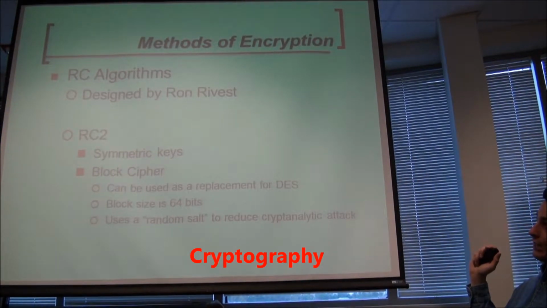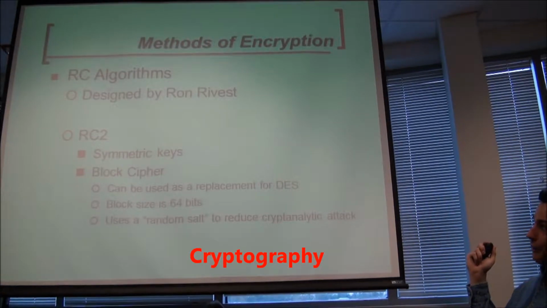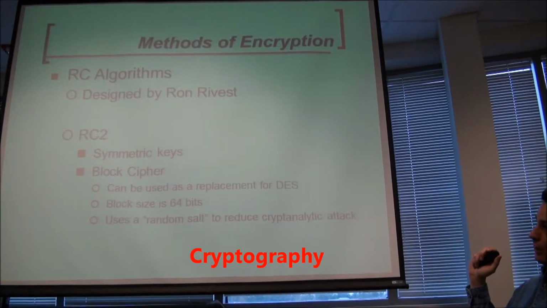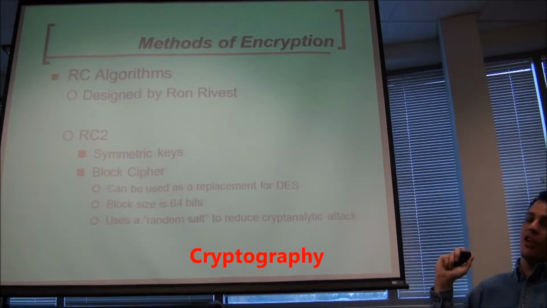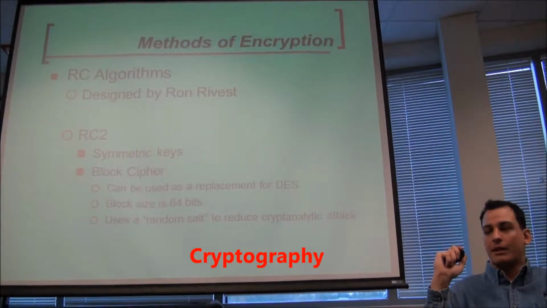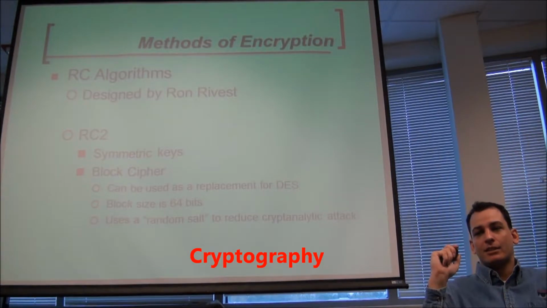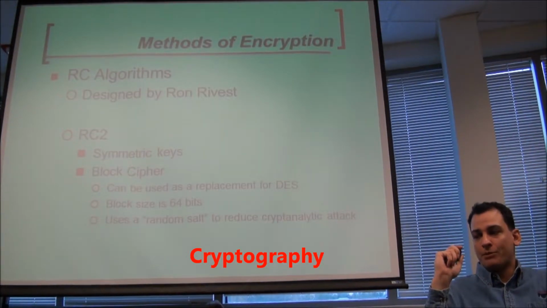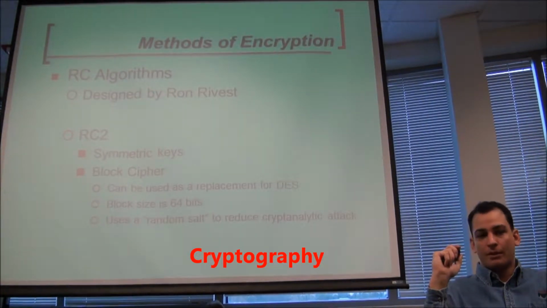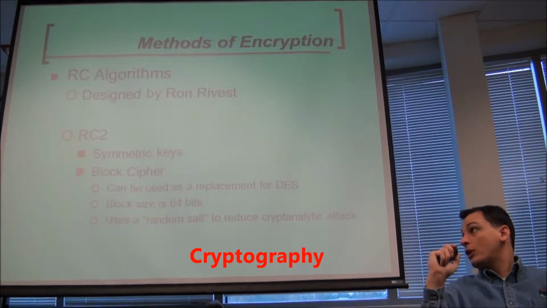Then you've got the RC algorithms. Ron Rivest is the contributor here. Still symmetric, still block ciphers. The rule of thumb is when in doubt, it's a block cipher. So it's better to say everything is a block cipher and then just learn a few exceptions. You guys want the exceptions? Mm-hmm. All right, so your exceptions,